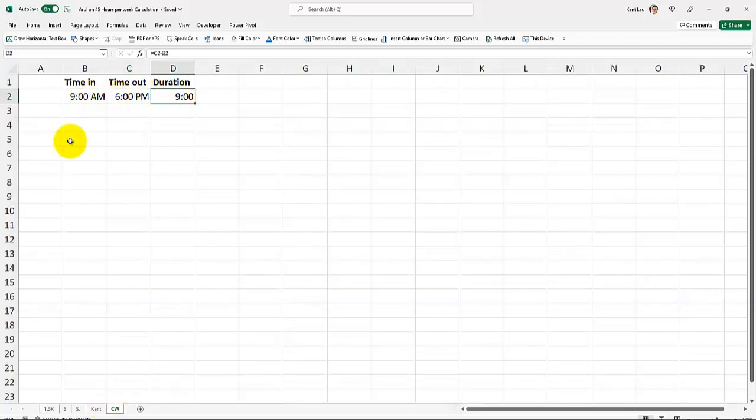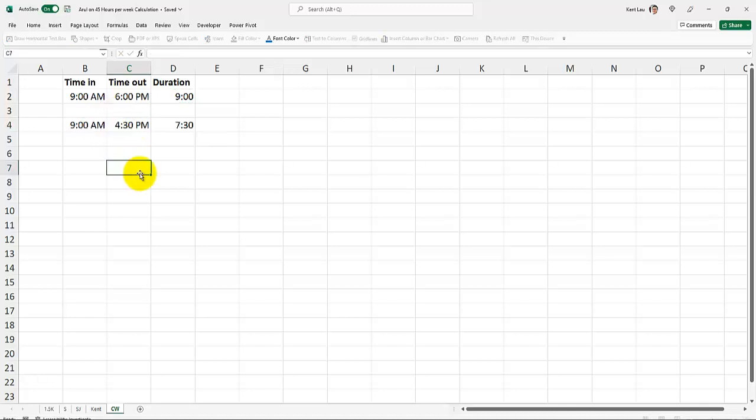9 to 6 is 9 hours. Now if I ask my staff to work from 9 to 5, maybe 5:30 p.m., then what would it be? Maybe I say work from 9 until 4. So that will be 7 hours and 30 minutes, and I can just tell them to work